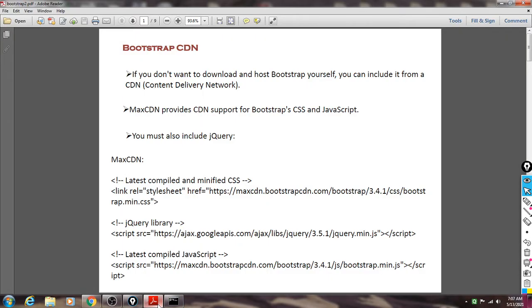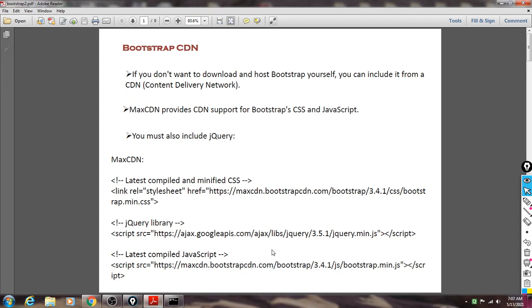So this is the Bootstrap CDN. What is CDN? CDNs make sure that once the user requests a file, it is served from the server closest to them, and this leads to faster loading time. A large number of websites are using CDN's Bootstrap. When we call this, it opens in a very small time. Then next is how we can call these Bootstrap links and download this Bootstrap.